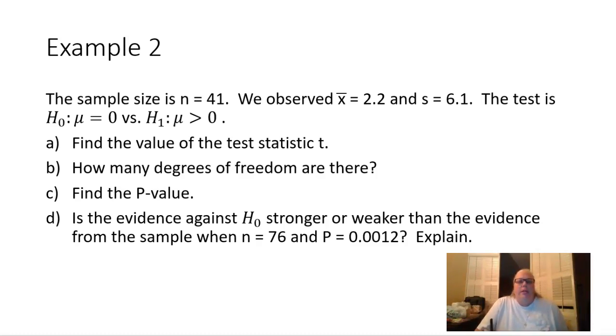Example 2. The sample size n is equal to 41. We observed a sample mean x bar is equal to 2.2 and a sample standard deviation s is equal to 6.1. The test is the null hypothesis mu is equal to 0 versus the alternate hypothesis mu is greater than 0. First thing we're going to do in part A is find the value of the test